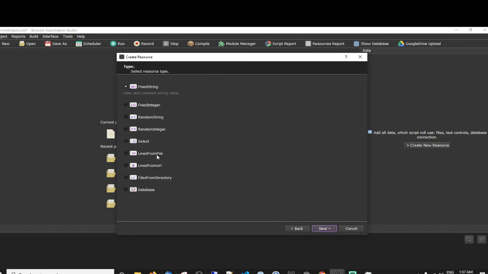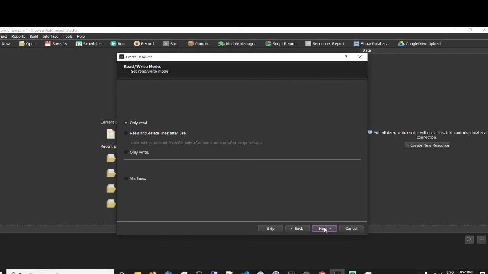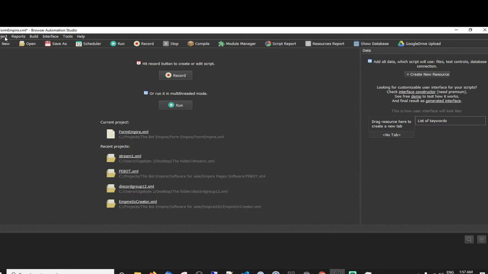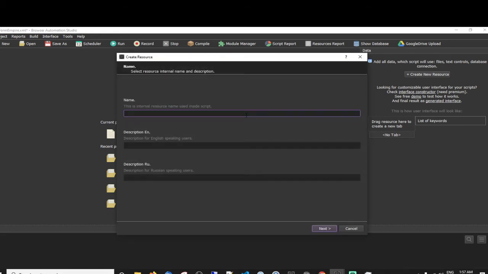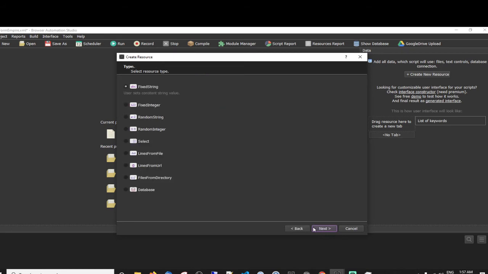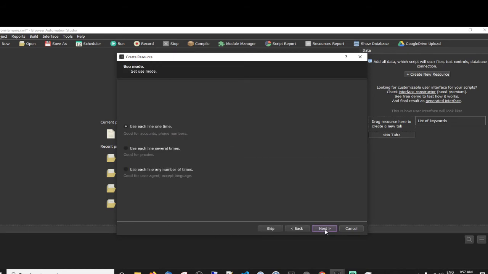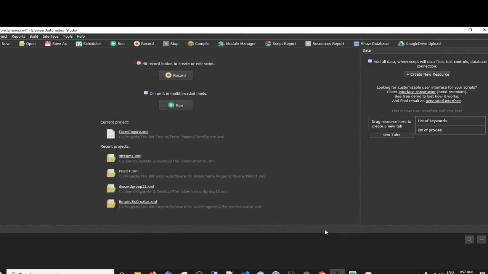That is going to be a list, only read, use once. Finish up there. Okay, so we've got that. Let's have a list of proxies, mine's from file.